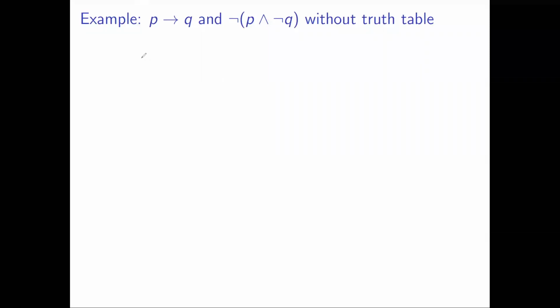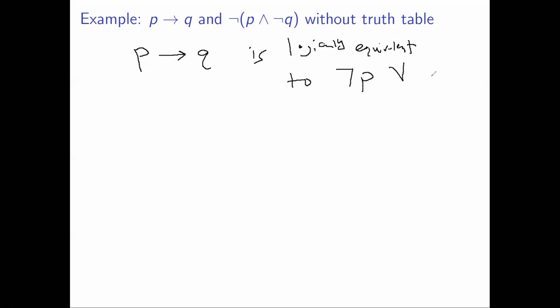So we've seen before that P implies Q is logically equivalent to not P or Q. So we saw that in the previous videos. And